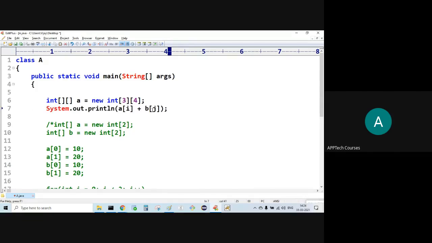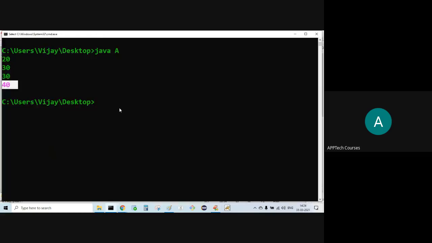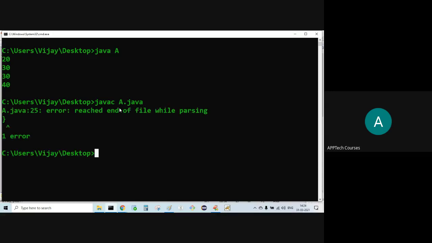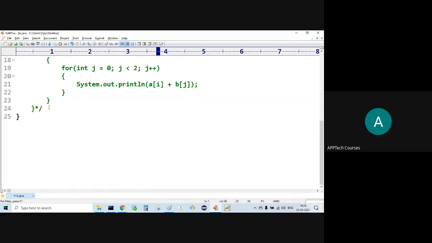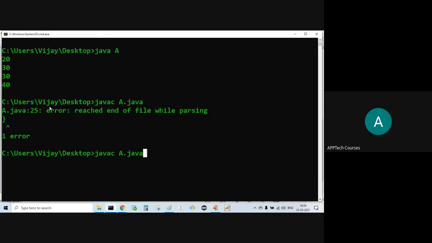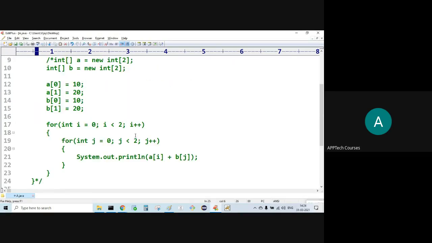Find out the length. Is the spelling right? 4 into 3 is what? What size am I getting? 3.